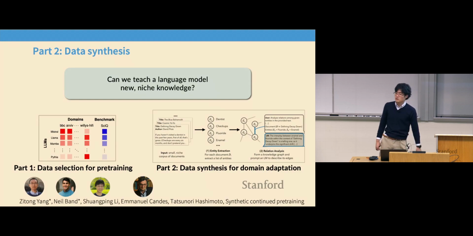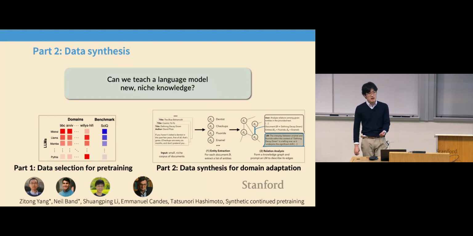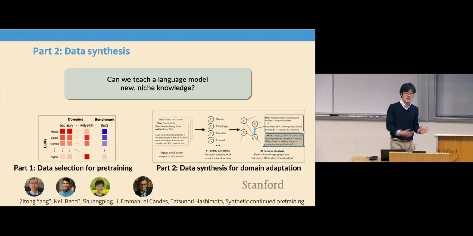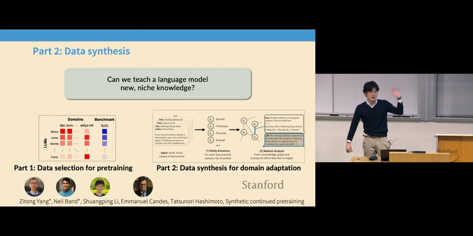And then the second part that I want to talk about next is thinking about a very different regime. That's the data-limited regime, where in some distant future, we have more compute than we know what to do with, but the internet data is finite. So how do we deal with that? That's going to be the second theme of the second part of the talk.